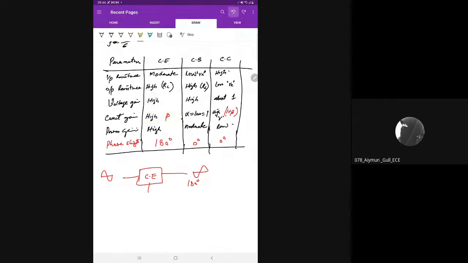While in common base or common collector, you can have either voltage gain high or current gain high. You cannot have both high. One of them is high, another is low. It is only this configuration where you are able to achieve both current and voltage gain simultaneously very high. So that is why common emitter configuration is generally preferred